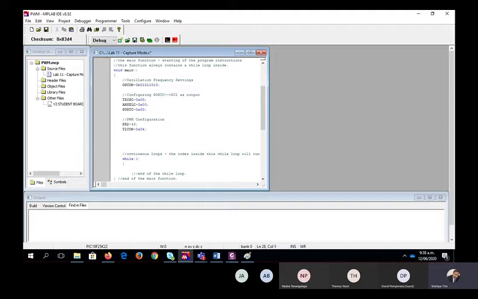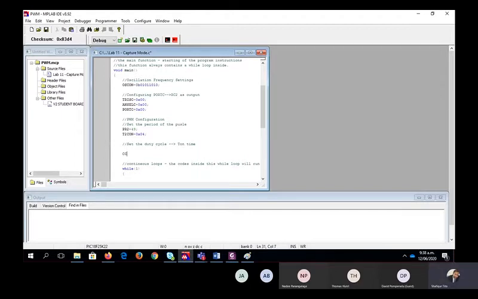Now we need to set the duty cycle. So I can write down, set the duty cycle. Duty cycle is the same as the T on time, setting T on time. So this configuration is related to setting the period of the pulse. And this one is the on time or the duty cycle. And on time is related to